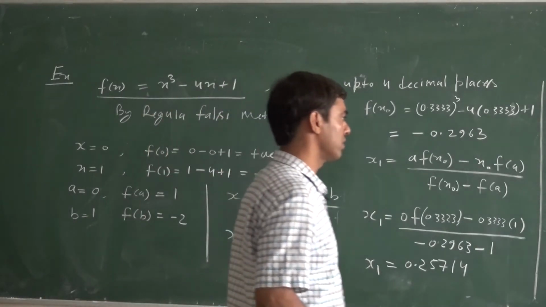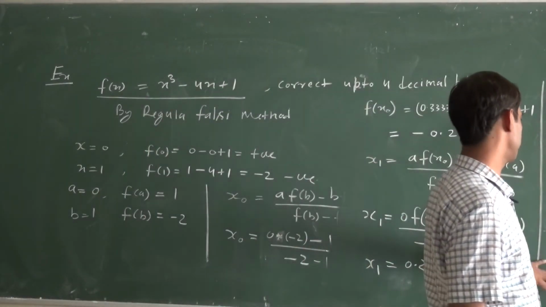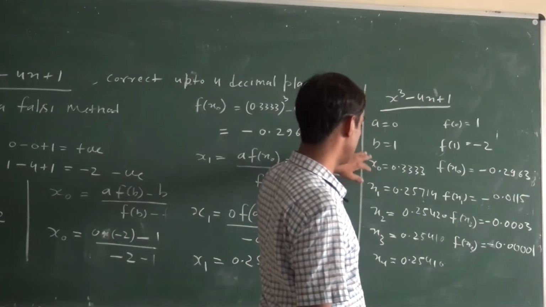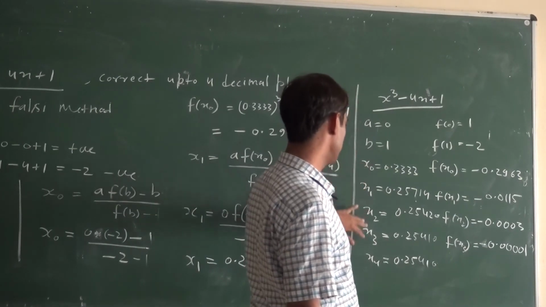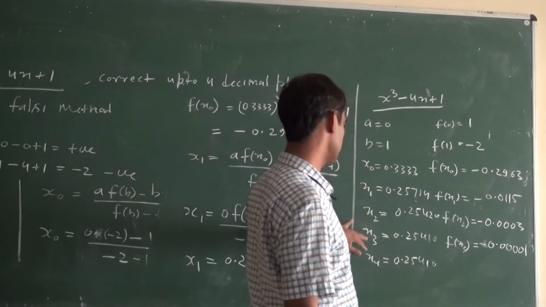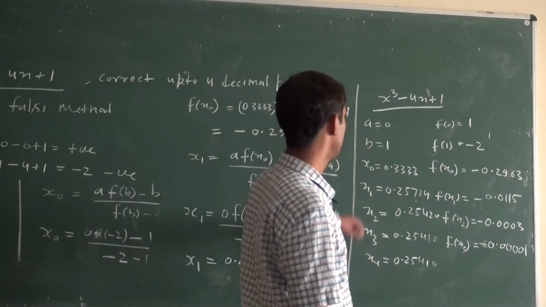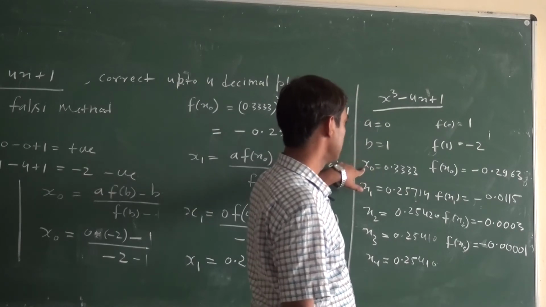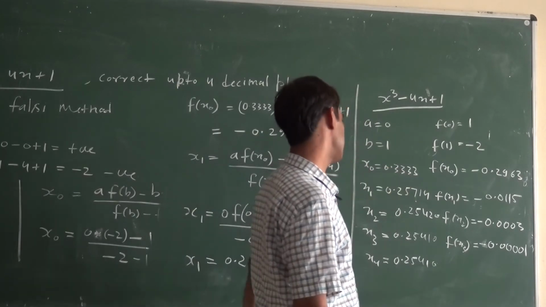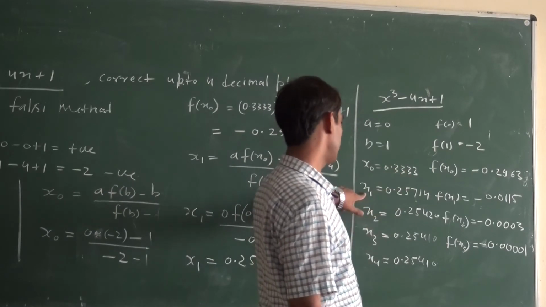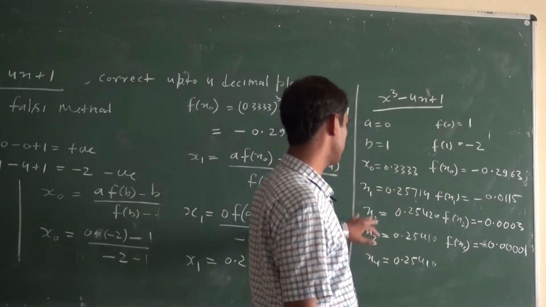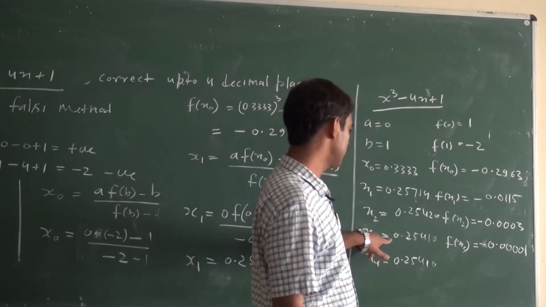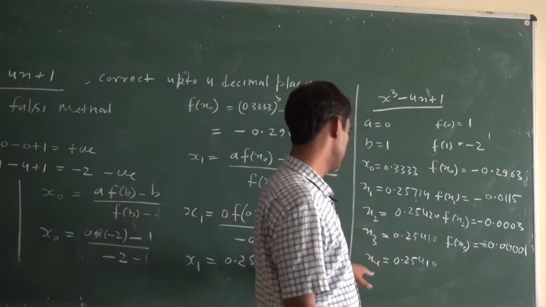Here we write down all the values up to the fifth iteration. What are the values at each iteration, the values of x0, x1, x2, x3, the approximate roots? So here a equals 0, b equals 1, then x0 equals 0.3343, x1 equals 0.25714, x2 equals 0.25420, x3 equals 0.25410, x4 equals